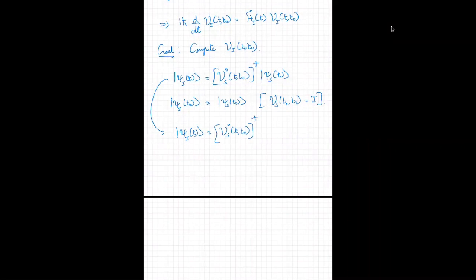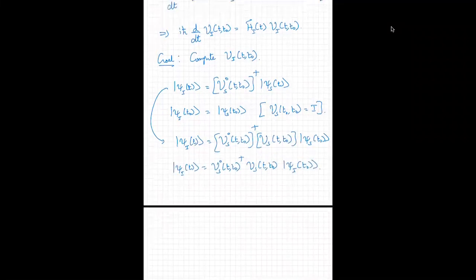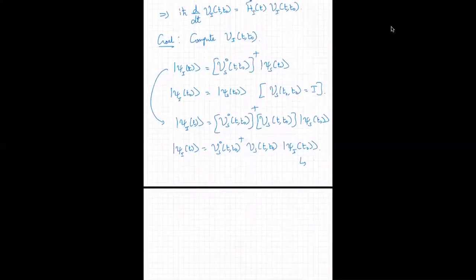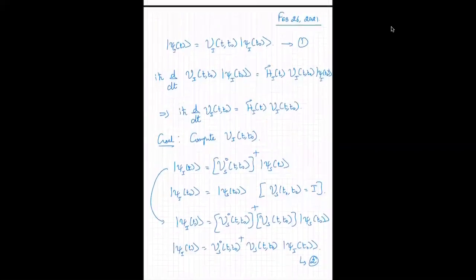Psi S of t, the Schrodinger ket, time evolves according to U_S(t, t0) psi_S(t0). Since at time t equal to t0, it doesn't matter if I call it S or I, they are both the same, I can rewrite this equation as U_S(t, t0) dagger U_S(t, t0) psi_I(t0). Okay. So if you compare the first equation and the second equation,